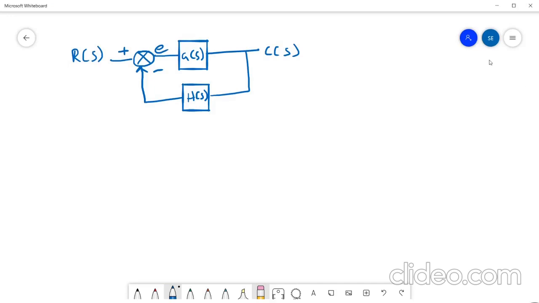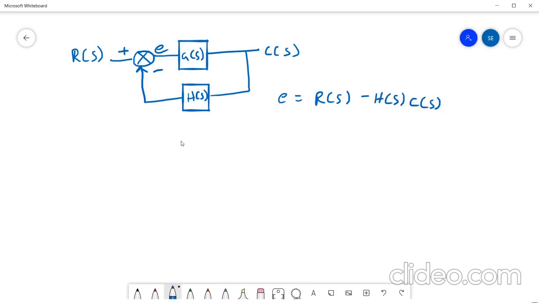Okay, fine. Let us consider a closed loop control system with a negative feedback gain. So this is the block diagram for negative feedback control system, where R of S is the reference input, E is the error, G of S is the plant, and H of S is the feedback gain, C of S is the measurement, right? So from the block diagram, how to calculate the error? Error E is nothing but R of S minus H of S into C of S, right?